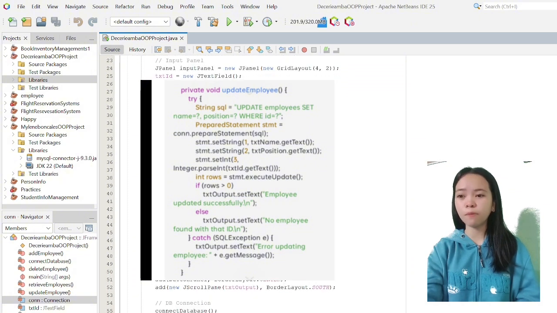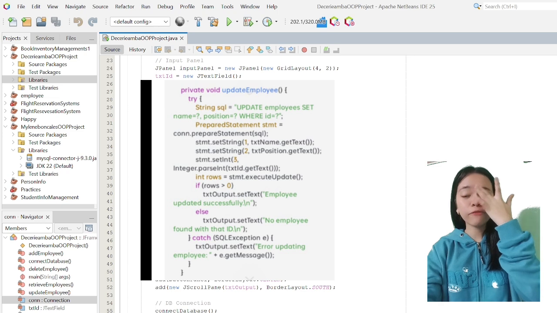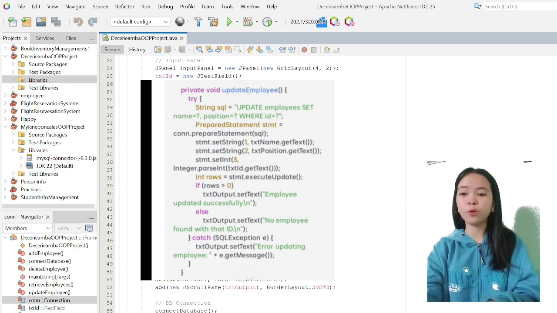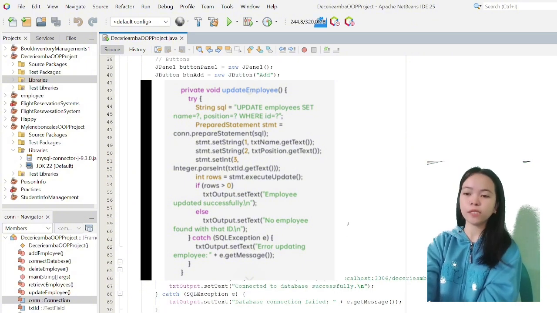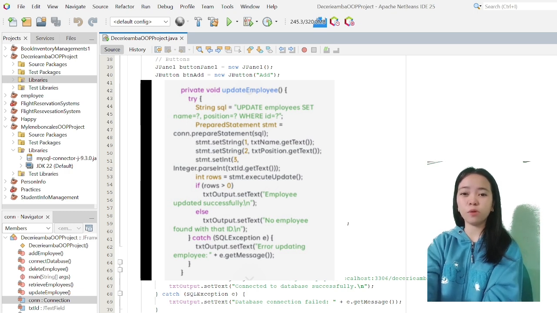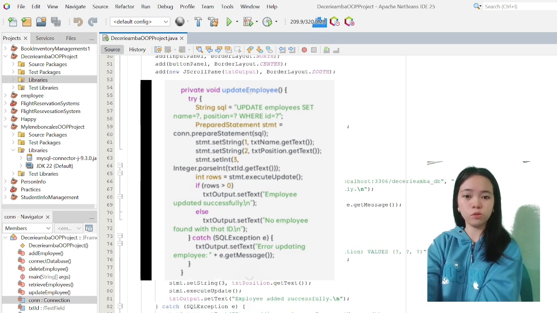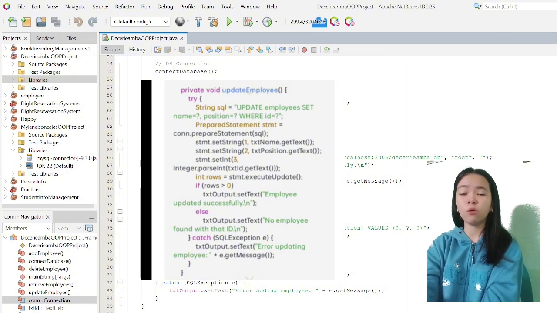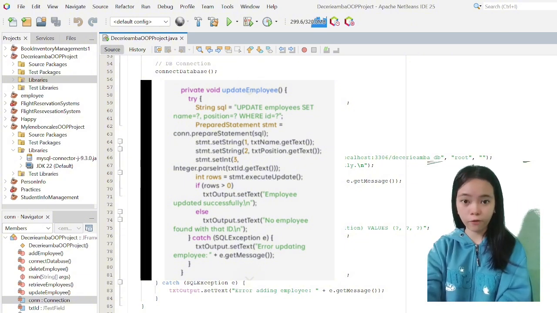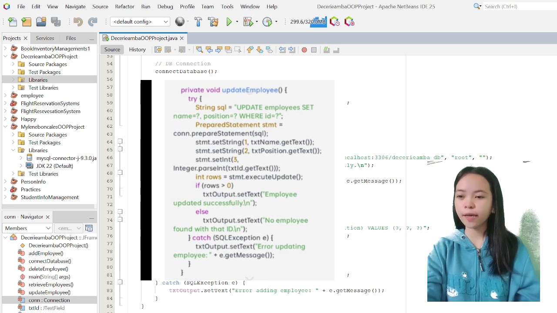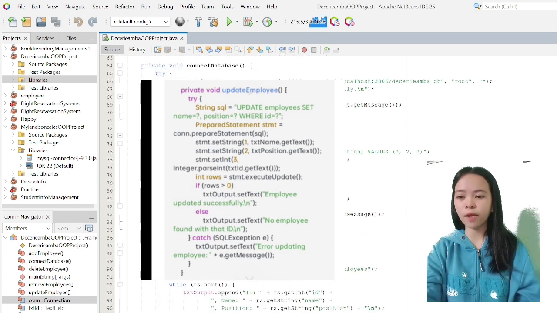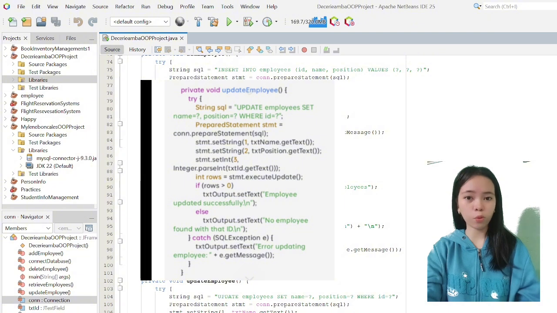If successful, it prints "Employee updated successfully," and if not, we have our else, which shows "No employee found with that ID," since nothing exists there. Then we have catch again, exception handling if an error occurs while updating